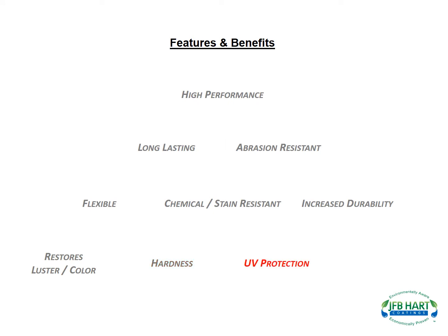Great UV protection. These products have been used in all different exterior markets for many years, including Florida, California, Canada, Mexico, etc. Very permeable. The urethane coatings are breathable, which means that moisture will evaporate through our product, preventing chipping and flaking. These coatings are so versatile and unique that they can be applied to many different types of substrates,